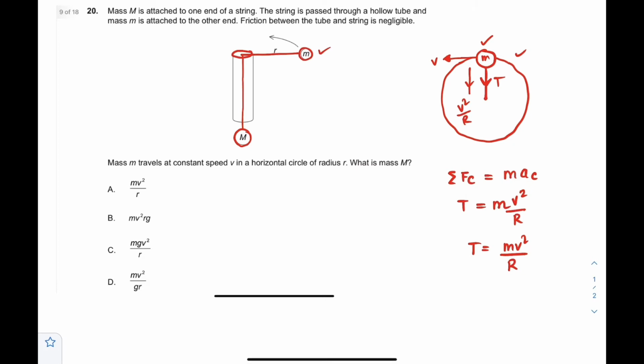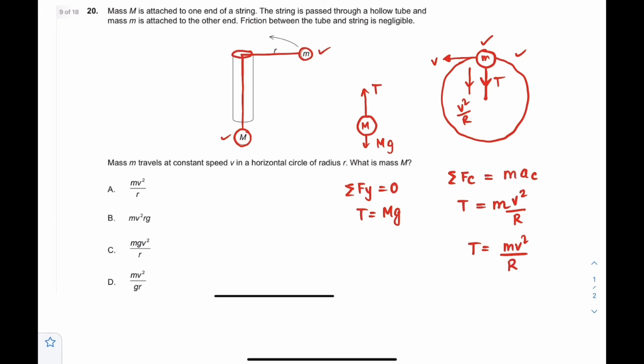Okay, but see over here capital M is also balanced, right? So if I just draw the free body diagram of capital M, see, this is capital M, it's balanced, right? It's not moving anywhere. So over here upward will be the same tension T that is acting through the string, right? And downward will be the capital Mg. So from here, if it's in equilibrium, I can write the summation of net force along the y-axis is 0. So that means T should be equal to Mg.